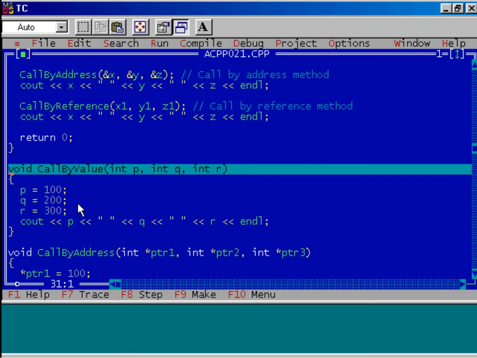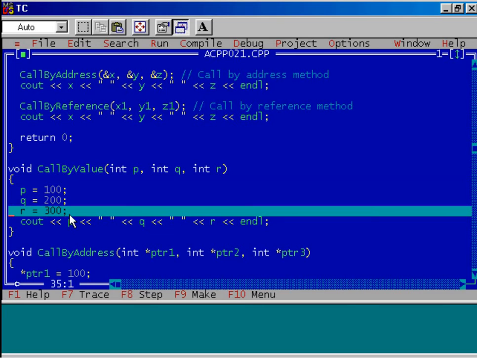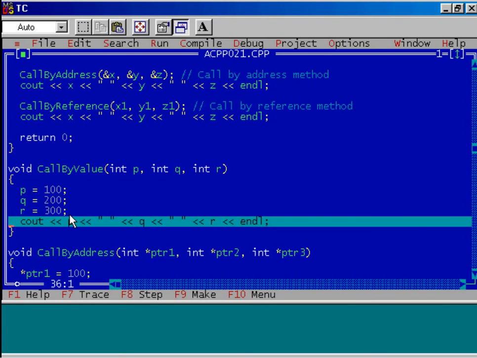All these values x, y, z will be copied to P, Q, and R. It is just like photocopies. So what we have done, we have copied the content of x to the variable P, content of y to the variable Q, and content of z to the variable R. After that, I am changing the values of P, Q, R. If I do so, then the original content won't change.